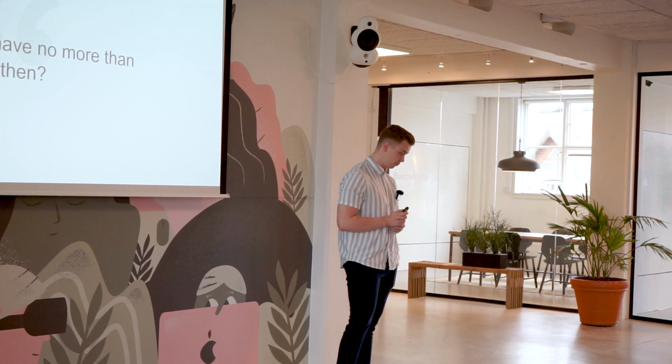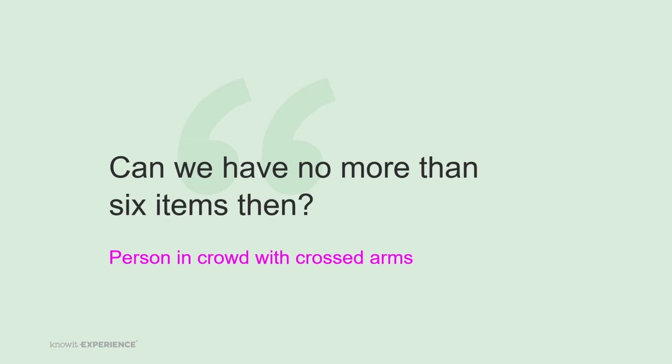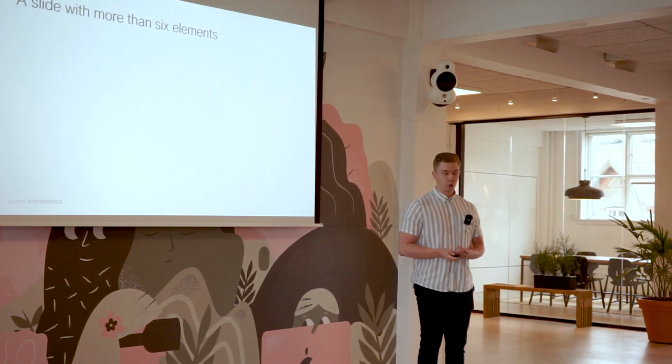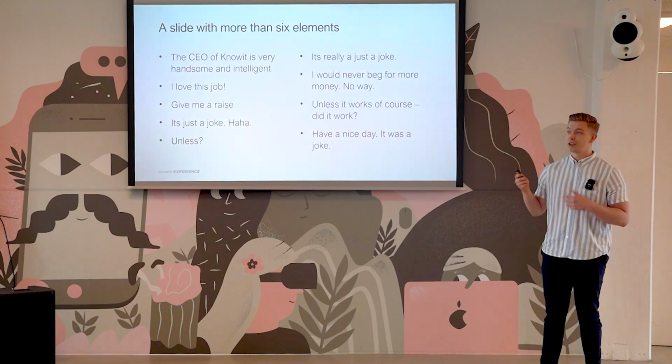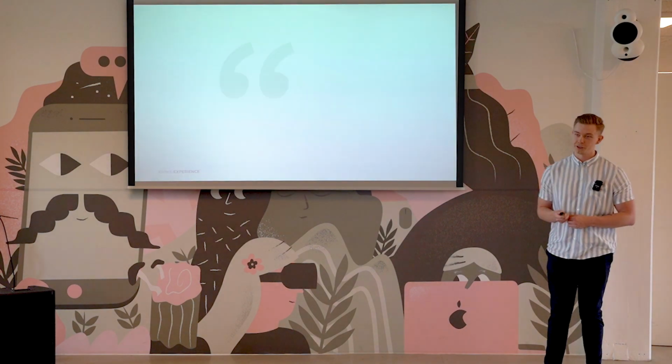Well, some of you guys might be a little bit of a critic and say, well, can I have no more than 6 items then? Yes, you can. But we need to use animation. I wouldn't recommend it necessarily, but I understand there are certain times where you need to do it. So we can use animation to guide people through the text. We can say this step, and we can say the next step, and go through it very dynamically. And it helps guide the audience.